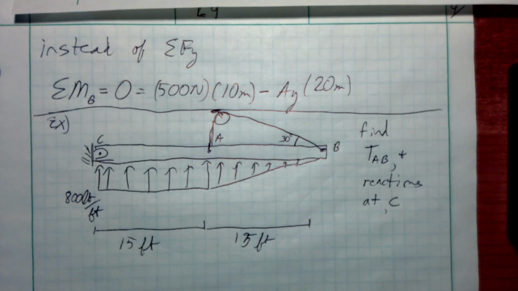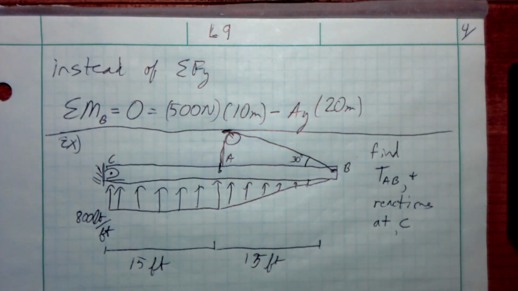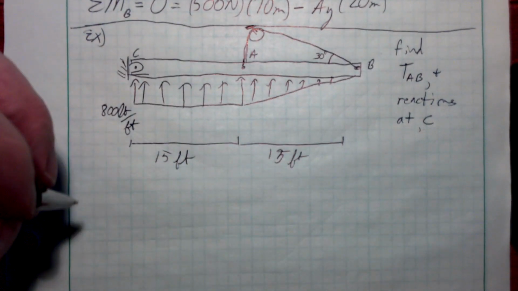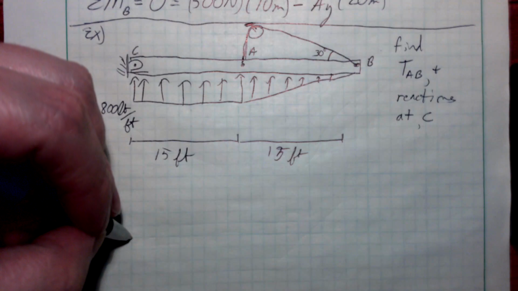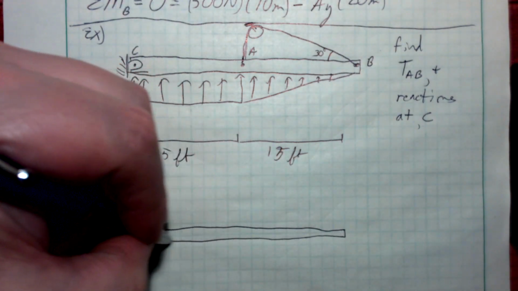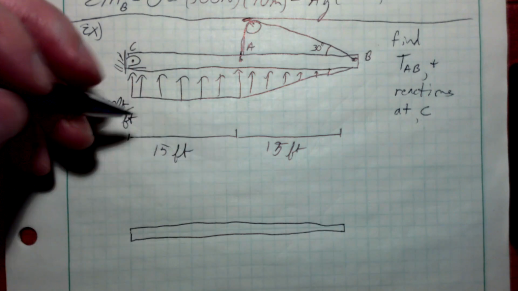Okay. So how do we find reactions or a tension of a cable or something like that? These are forces. How do we find unknown forces? Newton's laws. How do we apply Newton's laws? Most likely we want a free body diagram. So I'm going to draw a nice simple free body diagram. Doesn't have to be too terribly complicated, nor should it be. But basically we're going to remove the pin, we're going to remove the cables, and we're going to replace it